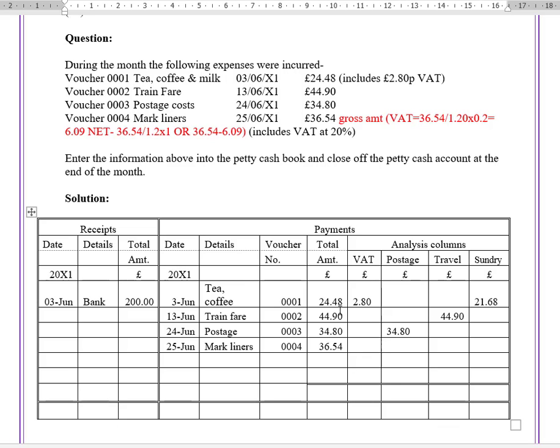Okay, so you find your figures, and I can drop in my net, and because it's Mark Linus, I'm going to put it under the sundry column, and that is the last item I've been given, so I can close. I will close at the end of the month, and I am closing as balance CD, which is your closing balance, and then I need to get the difference between the £200, which is my total, which I will plug in there,